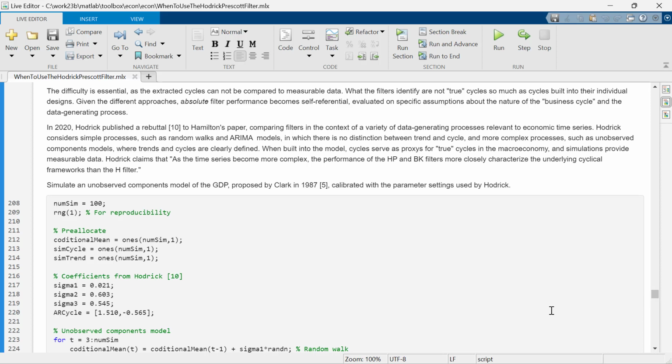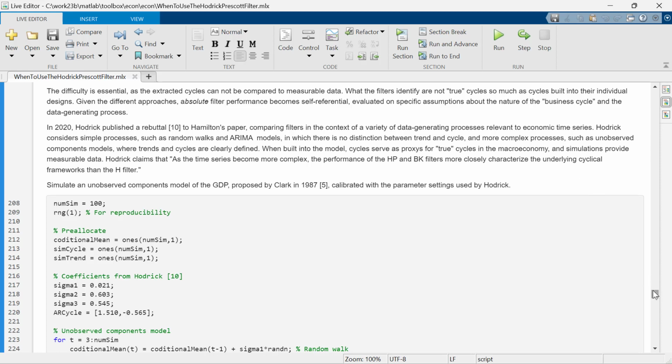And he looked at things like ARIMA models and random walks, as we already have, and then also at more complex models, these things that are called unobserved component models, where you can specifically say, here's the trend component in the data generating process, here's the cyclical component,